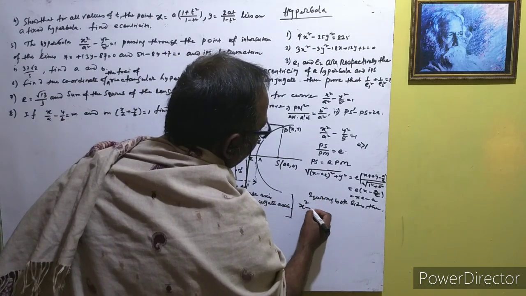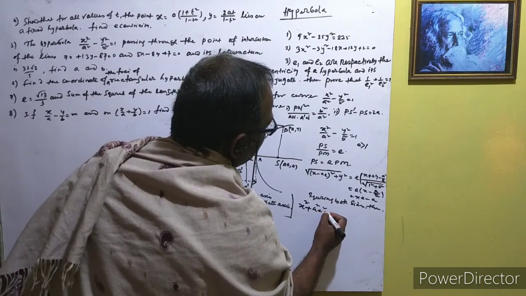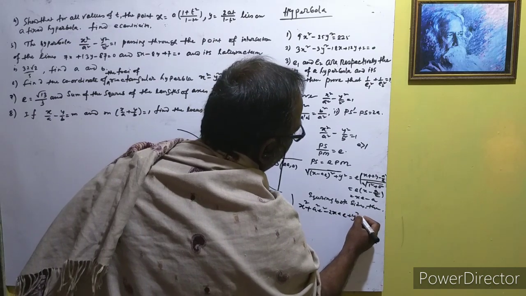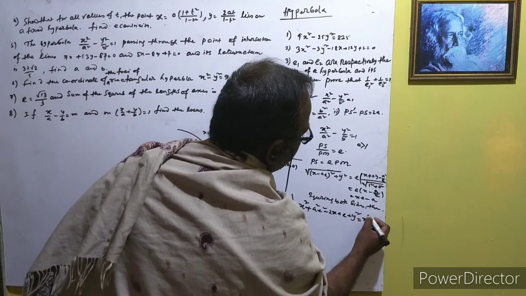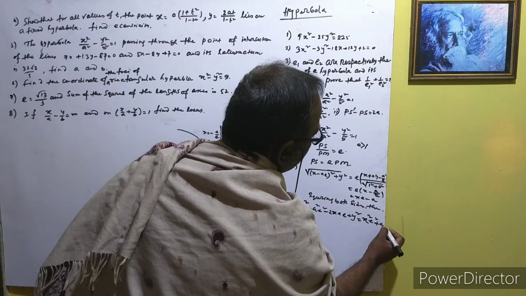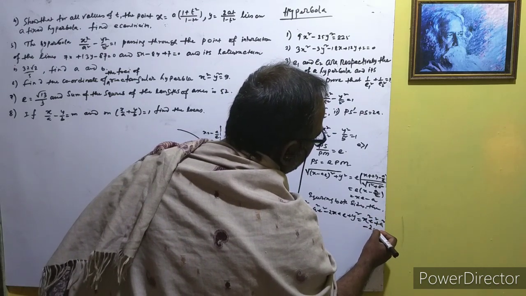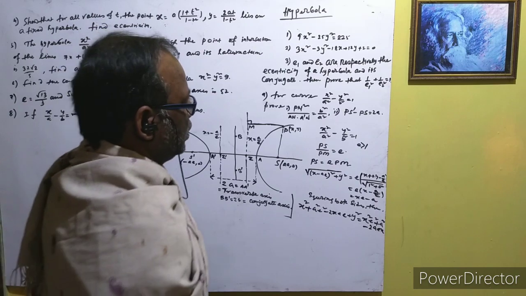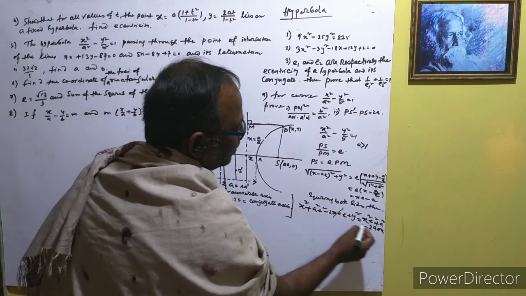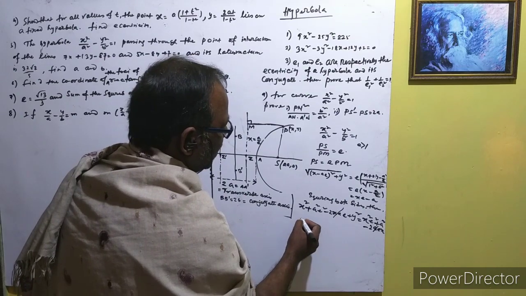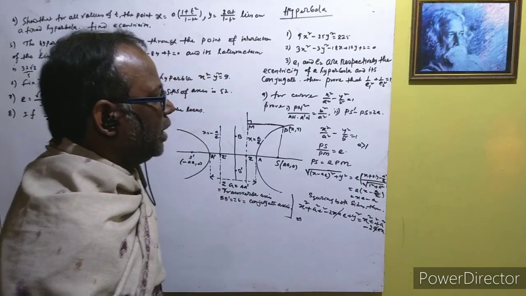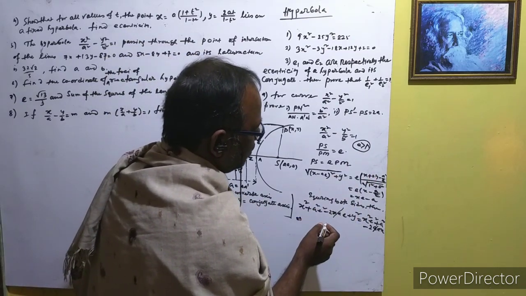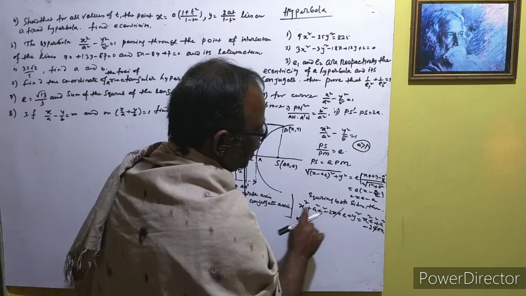Then see what happened. We get x square a square e square minus twice x a e plus y square, and this is here x square e square plus a square minus twice a e x. On both sides, the two parts like these cancel, and you know the value of e here is always more than 1. So we take a common here, and if x is transferred to the right hand side,